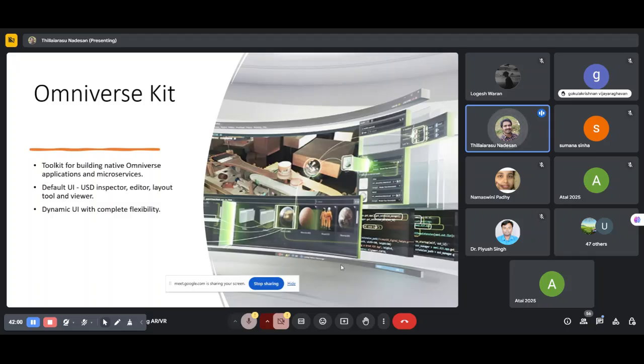And nowadays they are using Python also. An interpreter is supplied for this Omniverse Kit to interact with the server and perform the basics for future Omniverse connection tools and microservices. And you can see these default UI, USD inspector, editor, layout tools and viewer, and the dynamic UI complex flexibility.